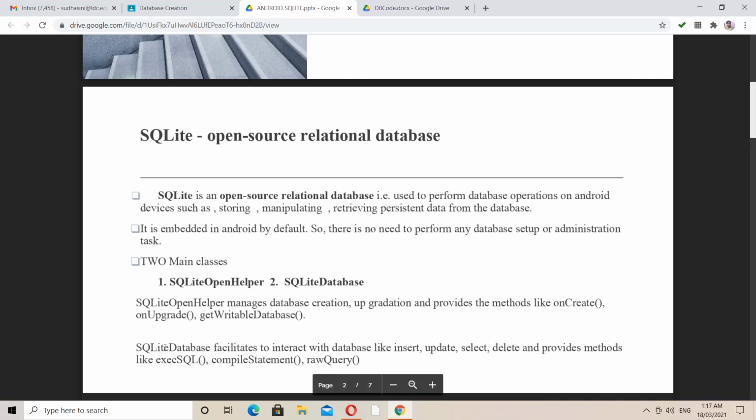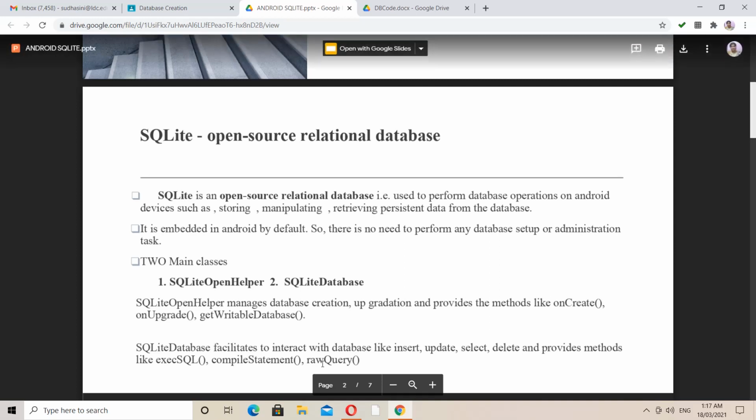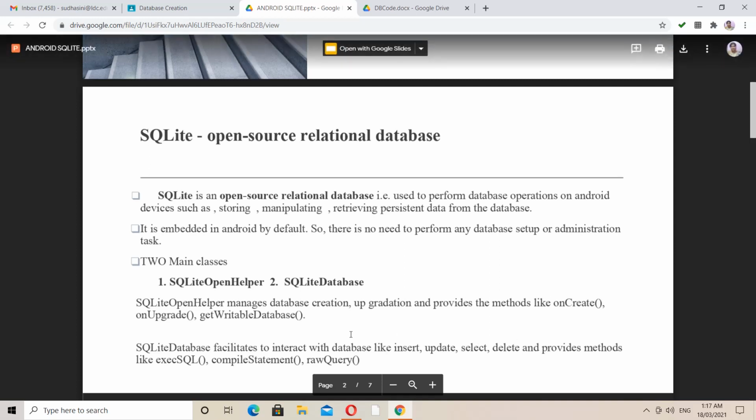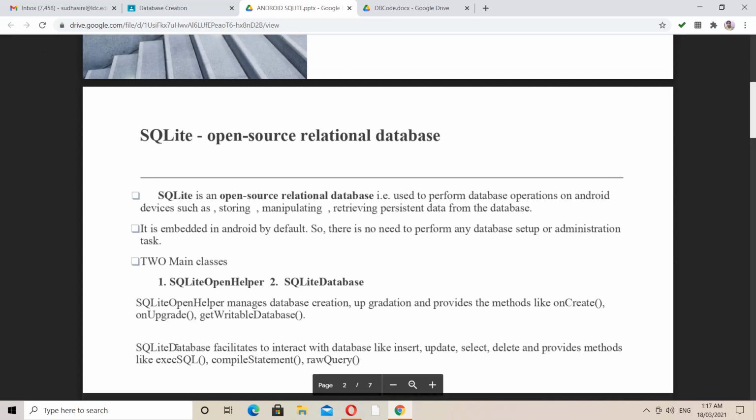Coming to this SQLiteDatabase, this is another class within SQLite, which supports different kinds of interactions like inserting a record, updating a record, retrieving information using select, and deleting a record. These activities are possible using this SQLiteDatabase class, which is already inherited within your SQLite.